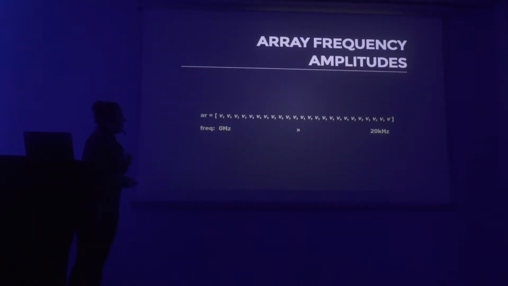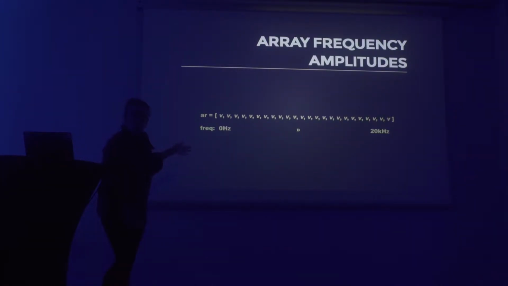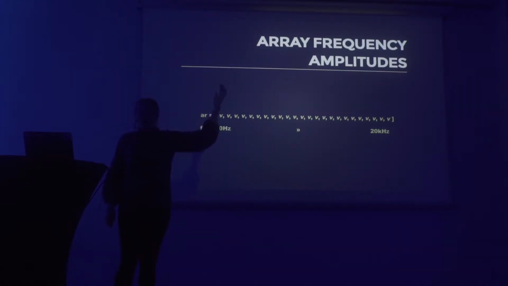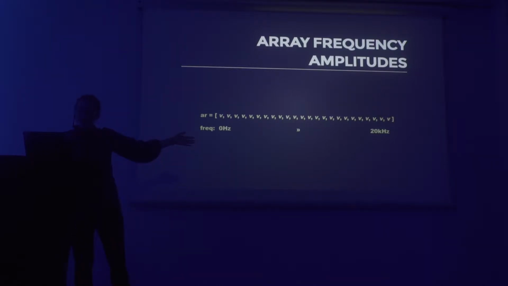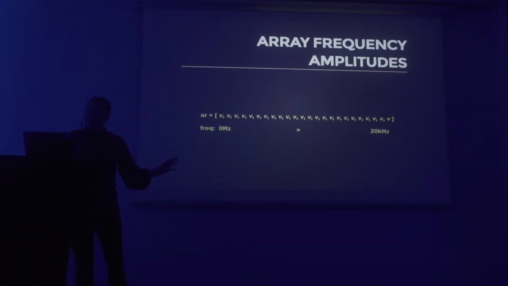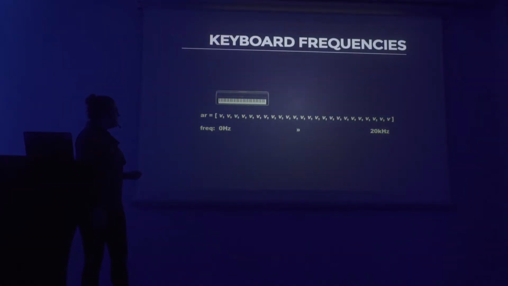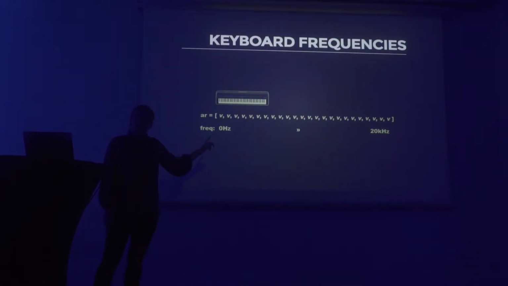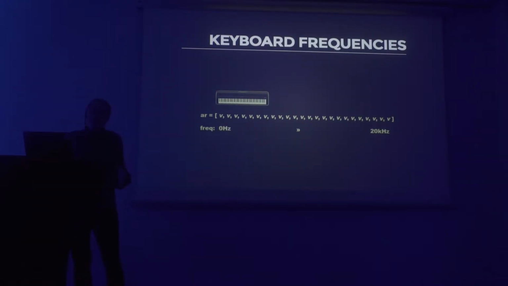This is an array of frequency amplitudes. It's basically an array of numbers. And the frequencies that we are actually getting back run from 0 hertz, super low, to 20,000 hertz, right? 20 kilohertz. That's super high. Now, we can hear 20,000 hertz, sort of. I'm a little bit old, I can't. But for the most part, that is not what music plays. So, for instance, a musical keyboard sits here on that scale. So there's actually a lot of high values up here which music isn't really going to use.